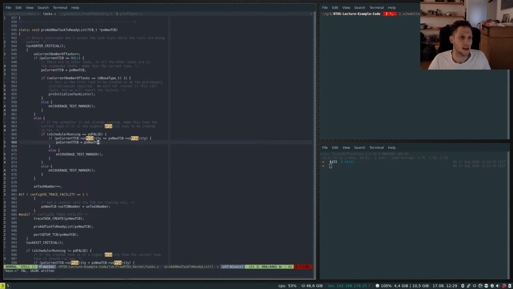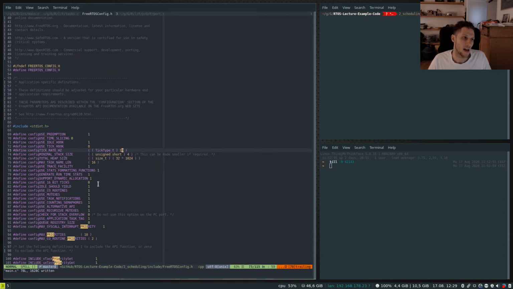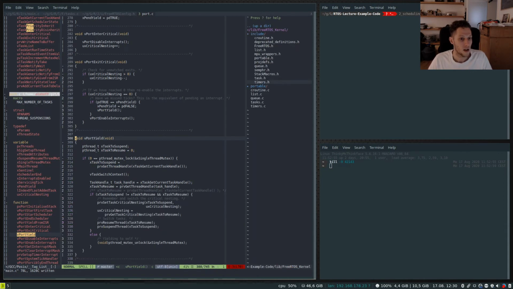if we go into FreeRTOSConfig.h, which is in the include folder, as you can see here, you have this max priorities, and I've configured it to 10, meaning that my FreeRTOS kernel is configured to have priorities 1, 2, 3, 4, 5, 6, 7, 8, 9, 10, 10 being the highest, the most important, and 1 being the least important, because the idle task falls on a 0 priority. So